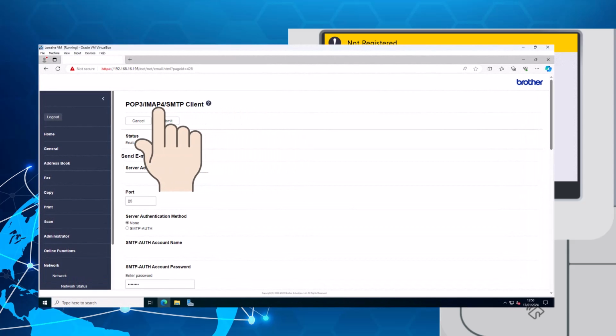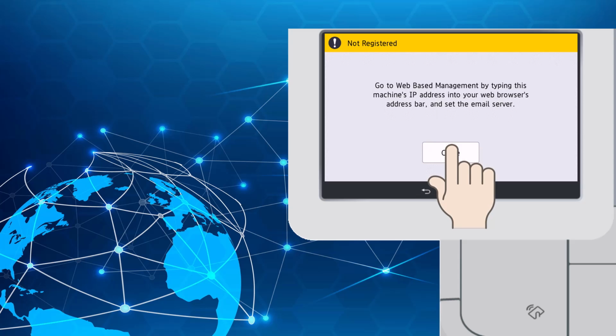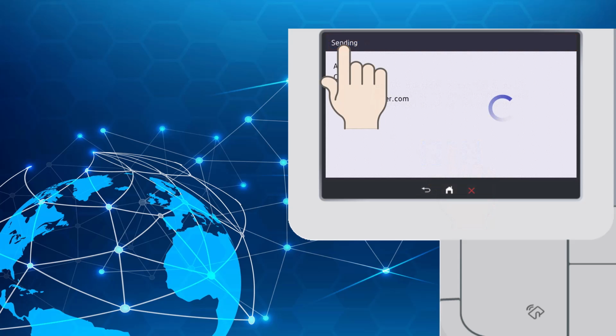Within the internal web page of the device, check that the email settings are correct. There is a link to the video in the description of this demonstration on how to set up an email server. Select Close. The final progress screen, Sending.